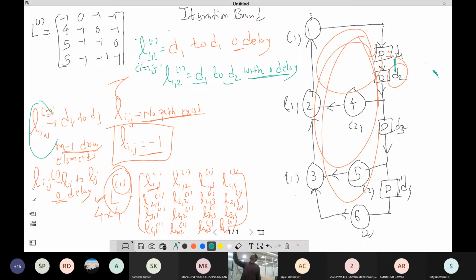Okay, so here I will write down L12 is 0. Why 0? Because there is no delay when I go from D1 to D2. Similarly, find out